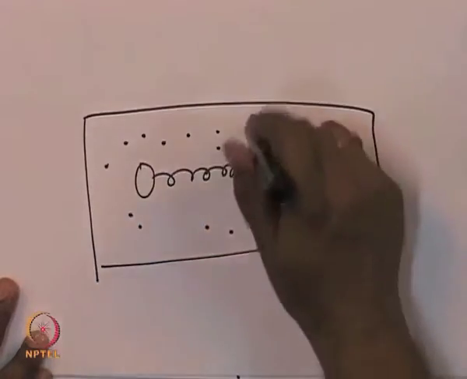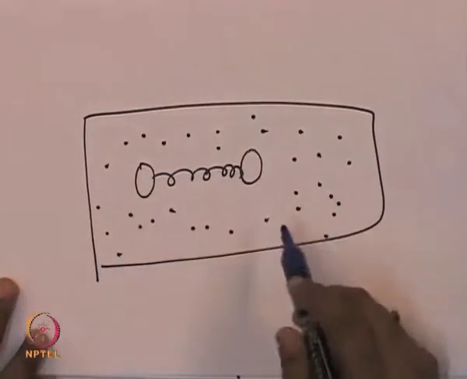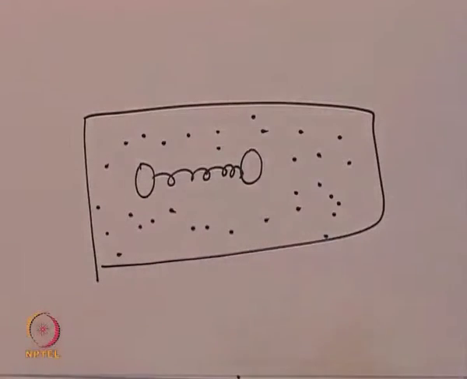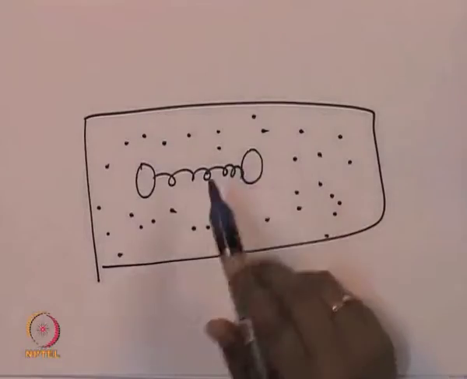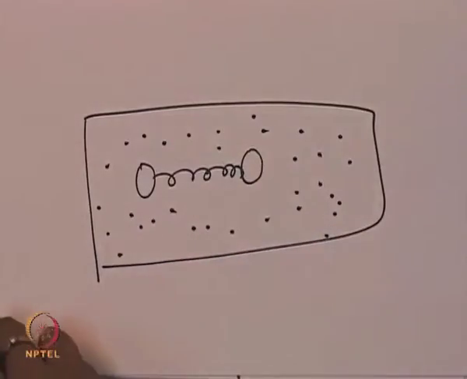So, as we said, due to the Brownian motion, this spring will be extended and compressed. These atoms will be doing Brownian motion. If you imagine, they will be vibrating like this, because they will be hit by water molecules doing Brownian motion. So, essentially these atoms will be vibrating like this.